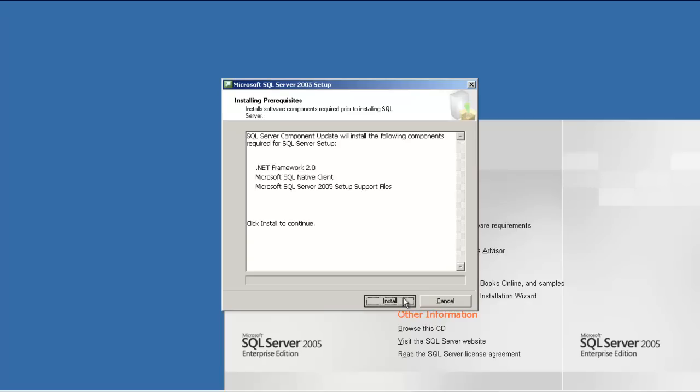It will install all these things first, and then it will ask you to select components depending upon your requirements. Let's click Install. Now it has started the installation of .NET Framework 2, and it will go on with the required files before installing SQL Server.